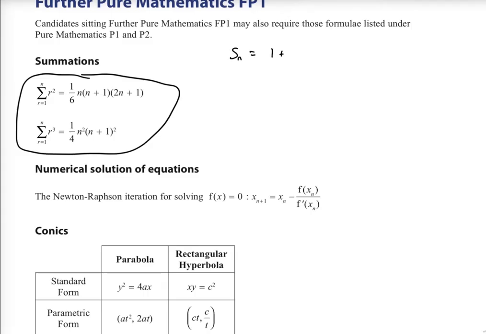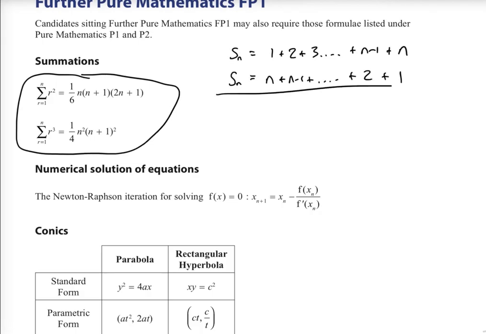We've got 1 plus 2 plus 3 dot dot dot plus n minus 1 plus n. And then the sum, if you reverse that, you've still got all the same terms. And then you add the two together, and you get n lots of n plus 1. But that's 2 lots of the sum. So you have n lots of n plus 1, and then you have to divide it by 2. So that's the sum of r from 1 to n, and then taking the other two from the formula booklet